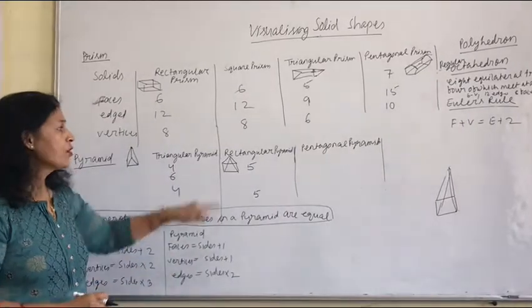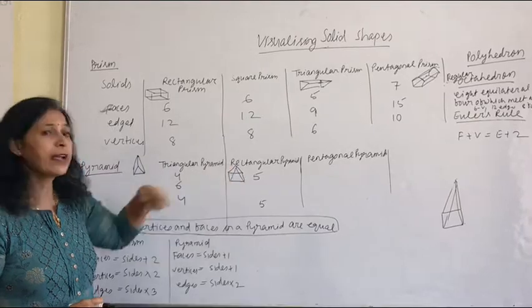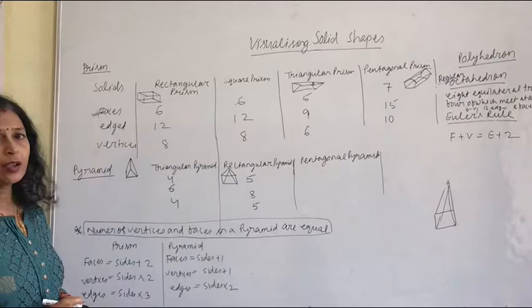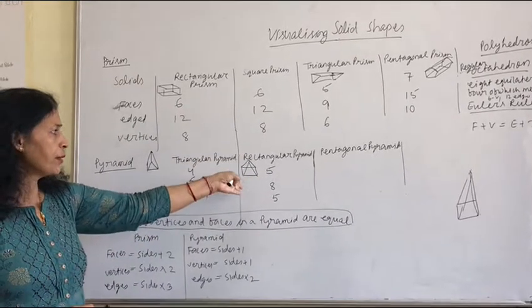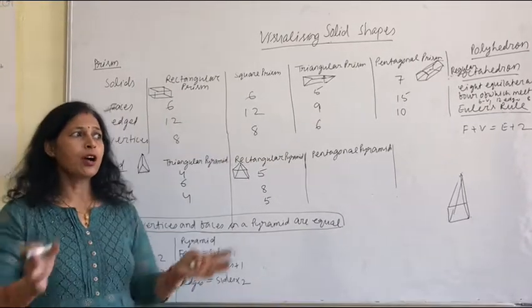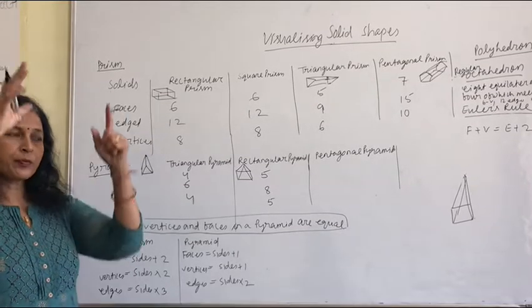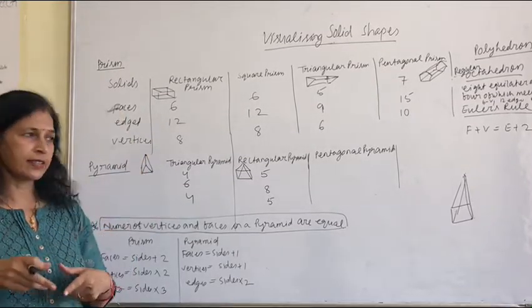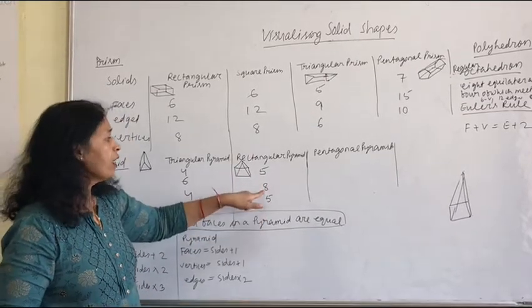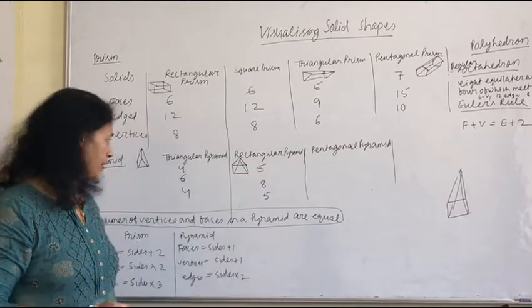Now edges. In the rectangular base there are 4 edges. Then you join 4 more. That is 8. Okay. So that is the rectangular pyramid. Now the pentagonal pyramid. You will find out just like that. Pentagon means your base is a pentagon shape. You join the one point, that means you have 5 plus 1, 6. Clear? So faces are 6, vertices also 6. Then edges are 5, and this is 5, so 10. Clear? You do this one.